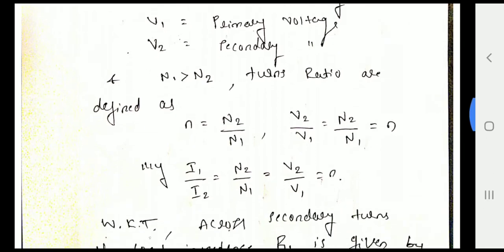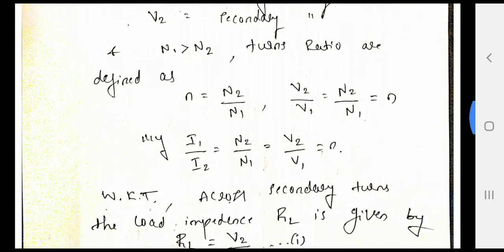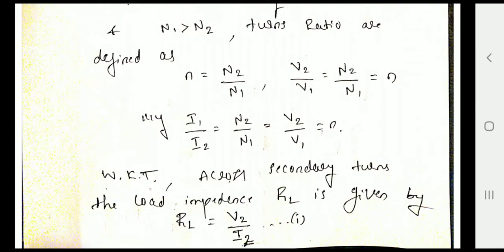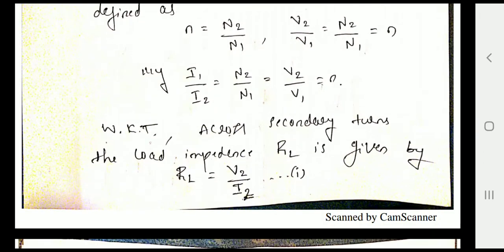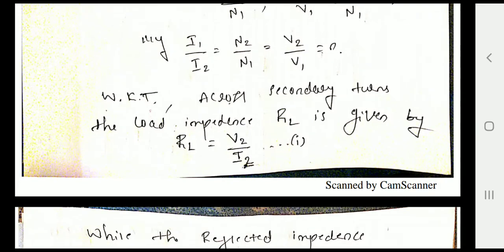Now, as we know, the turns ratio formula is always given by small n equals N2 by N1. In terms of voltage, we can say that V2 by V1 is always equal to N2 by N1, which is equal to n. Similarly, in terms of current, I1 by I2 equals n. Using all these relations, we are going to find the important resistance here